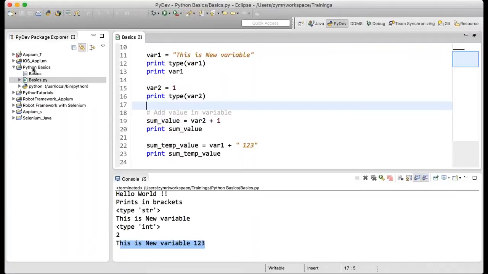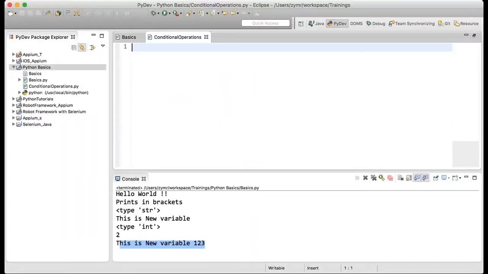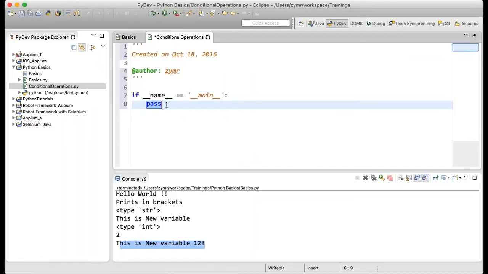So we will try to create a new py file for it. I will create a simple main class again here.